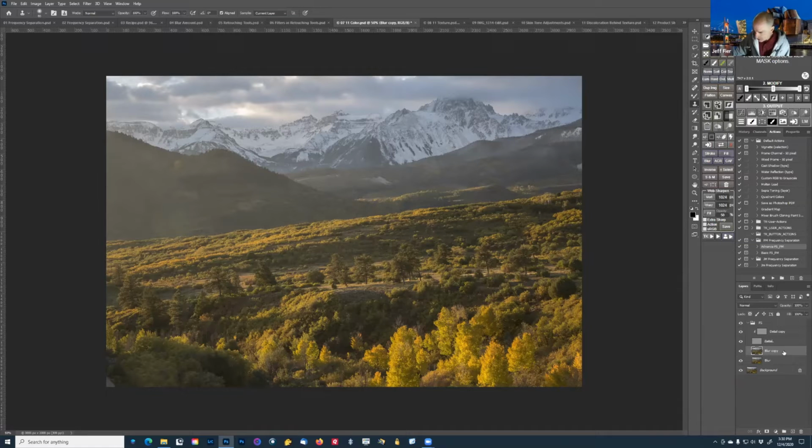to fix the color. So I'm going to work on my blur copy layer, and I need to fix up this color. So I could do it in different ways. One particular way might say, let's use the clone stamp. So I'll click on the clone stamp. And if I take some color from the left side of the lens flare, hold down Alt to sample the color I want. And then if I paint over the lens flare,